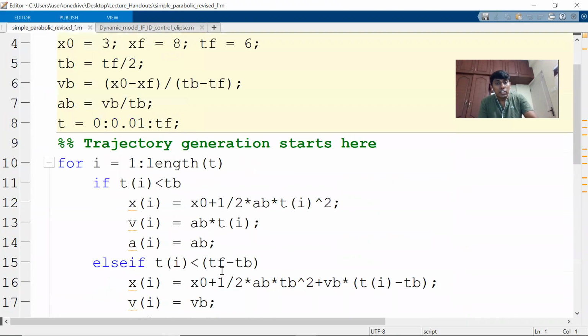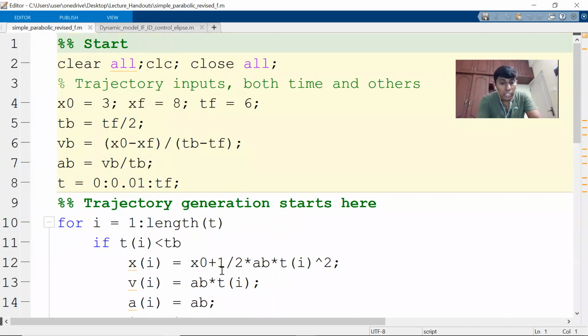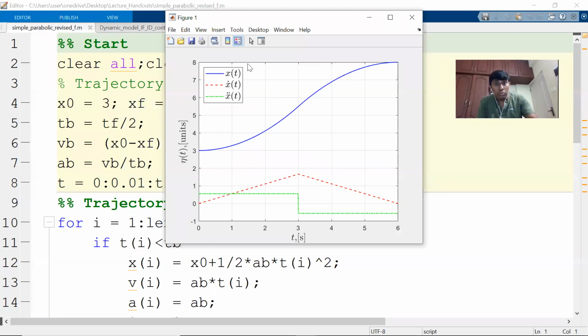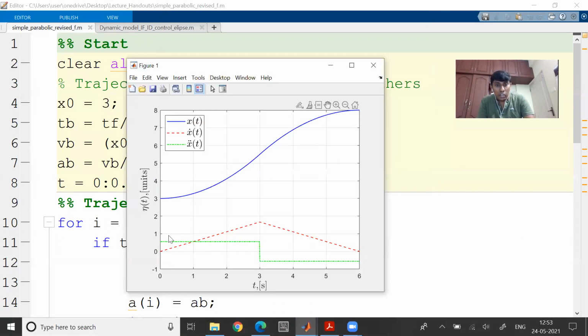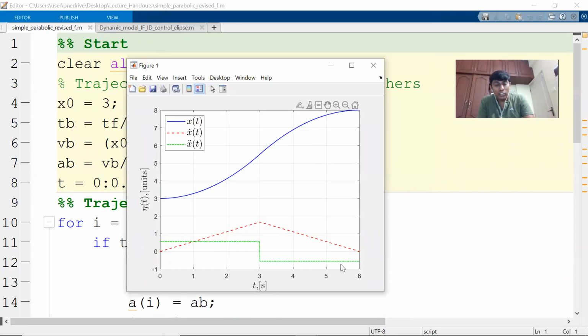Okay, so I'm just trying to show here. So I'll just run it, so you can actually see it. So you can see this is giving a constant acceleration, then you can see constant deceleration. In the velocity, it increases. So once the midpoint comes, then it decreases. So now you can see it is two parabolas merged, right?